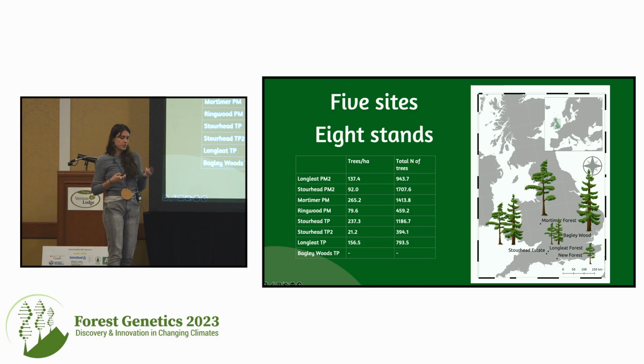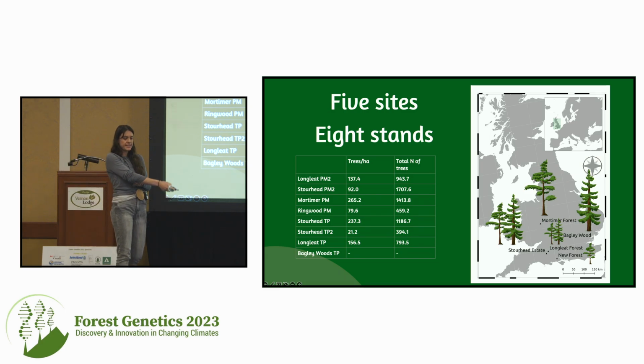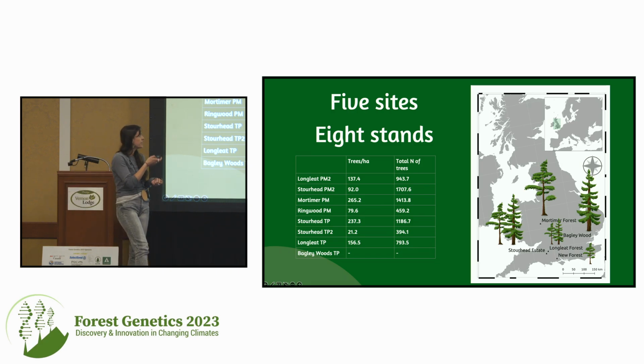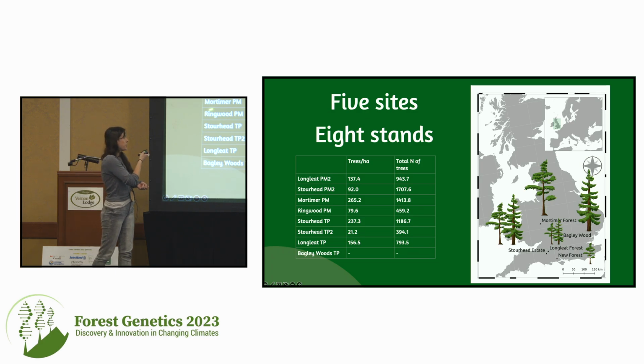The sites where I'm doing my project are in the south of England. I have 5 sites, and within the sites, I have 8 stands. These stands can be just one species or 2 species within the same stand. The first thing I did was to perform a forest survey, or an inventory, to understand how these stands look. So these are the values of trees per hectare for each of the sites and the total